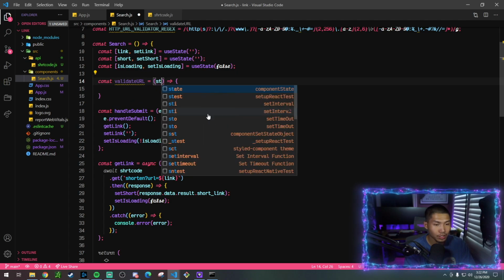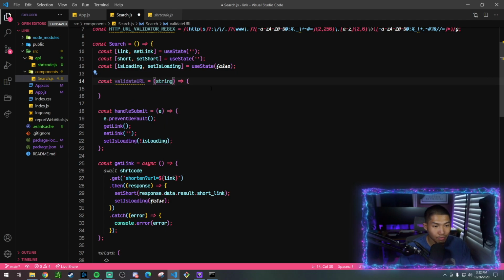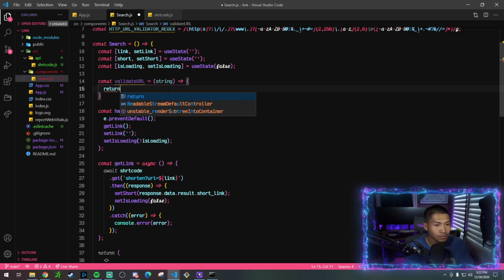Inside of that, we're going to put a string as a parameter. You can even name it something like link, but I don't really want to do that since I already have a link state and that can get very confusing. Inside of it, it's very, very simple as far as what you want. All you need to do is return